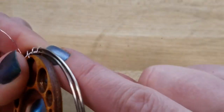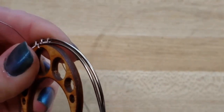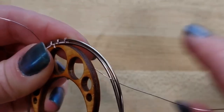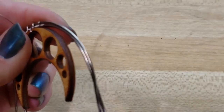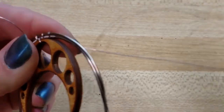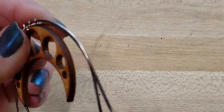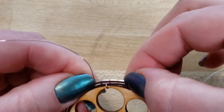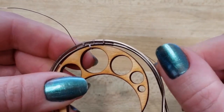So now we're going to do another 10. So there's 1, 2, 3, 4, 5, 6, 7, 8, 9, 10. And it also right here, this is why I usually recommend to folks to get your foundation techniques of coiling,